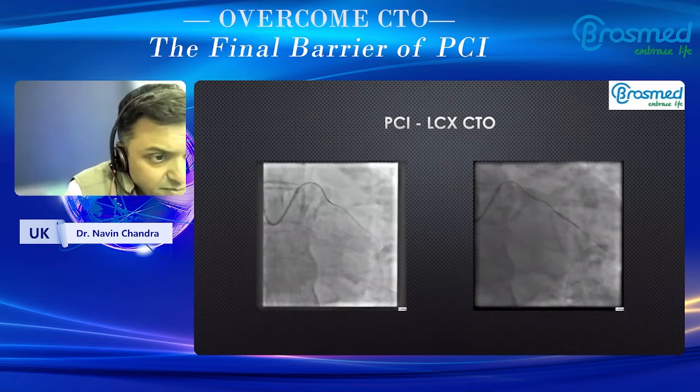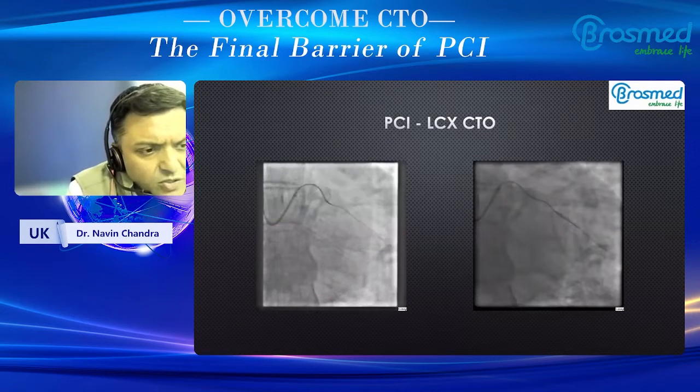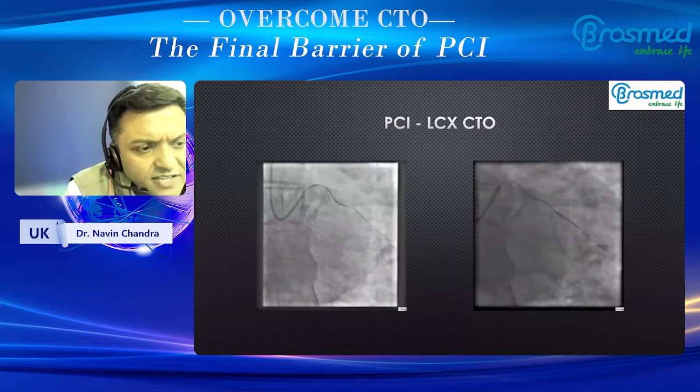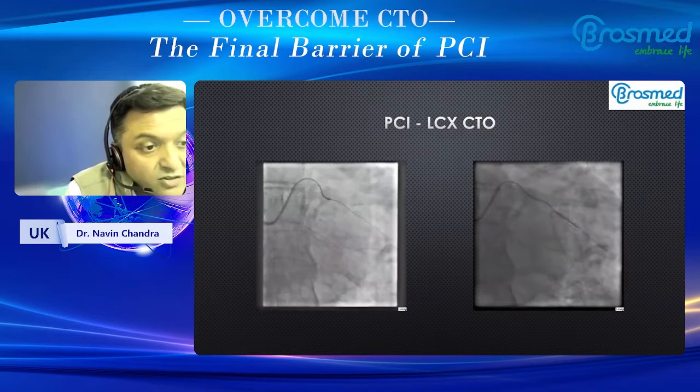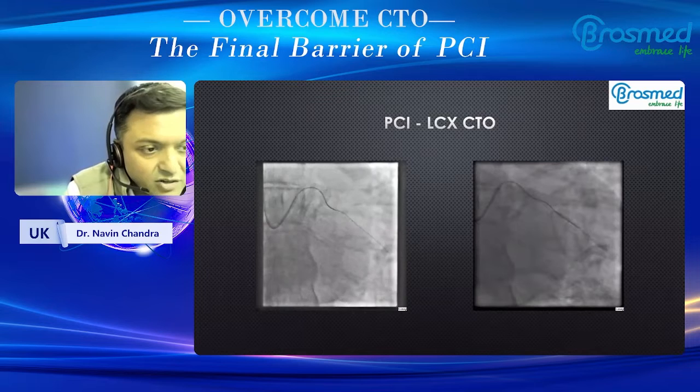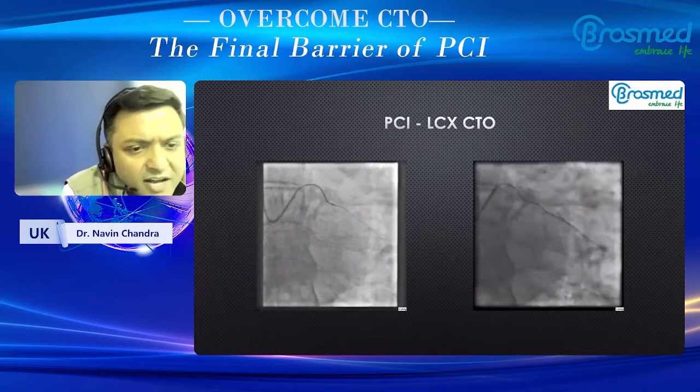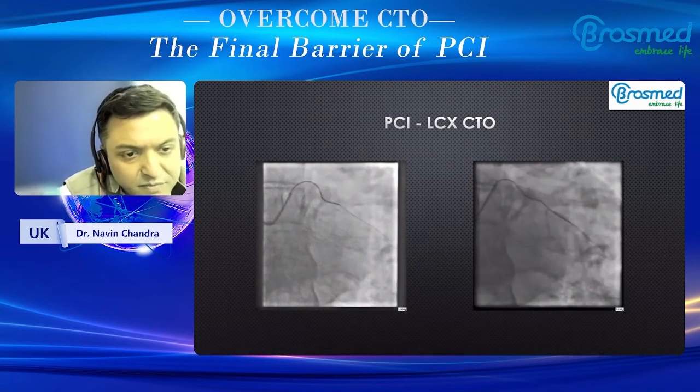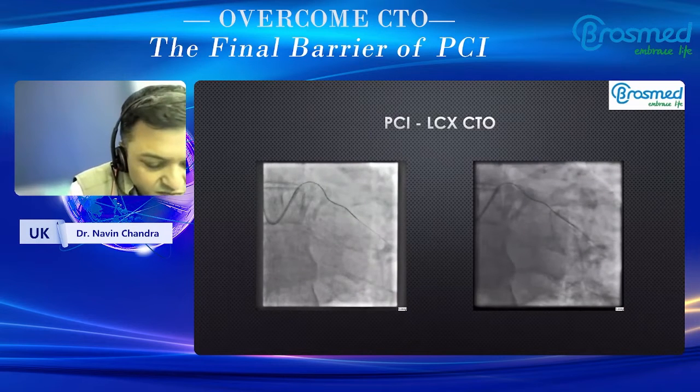Ultimately, though, we did manage. You can see that the wire is in. I think we used a Fielder XT essentially to get across. Still, you see a lot of buckling of that Corsair microcatheter to try and get beyond. But ultimately, after a lot of manipulation and torque, we managed to get into the distal vessel, and you can